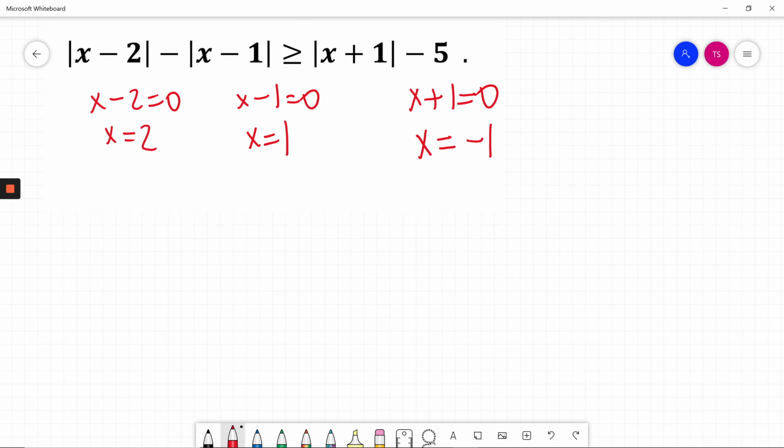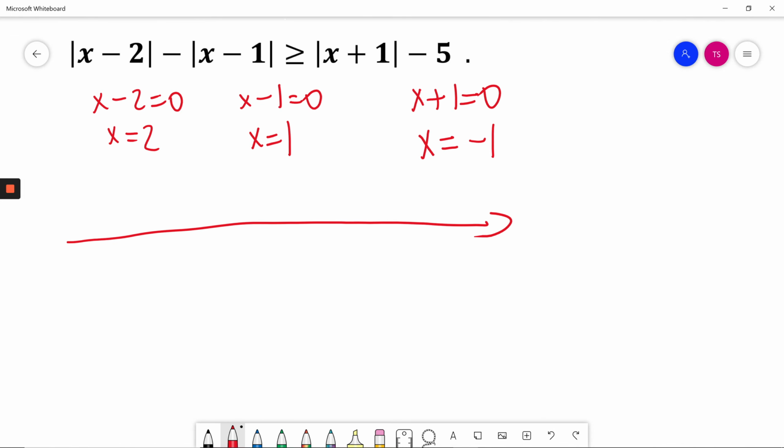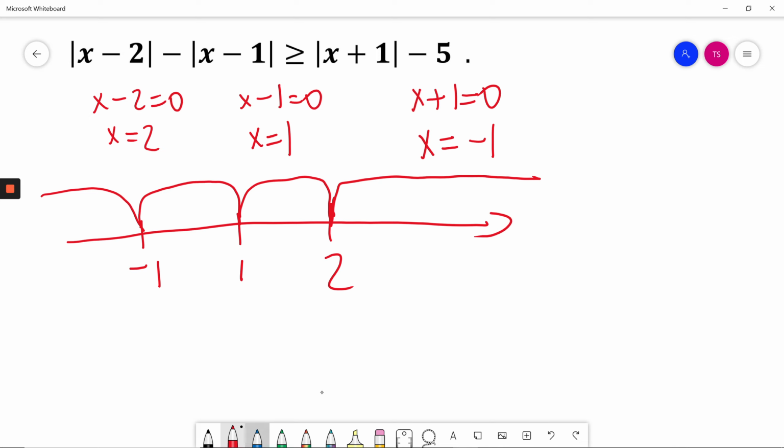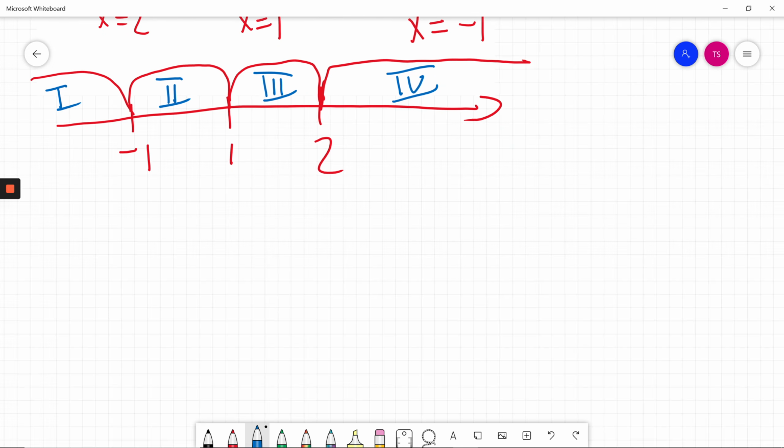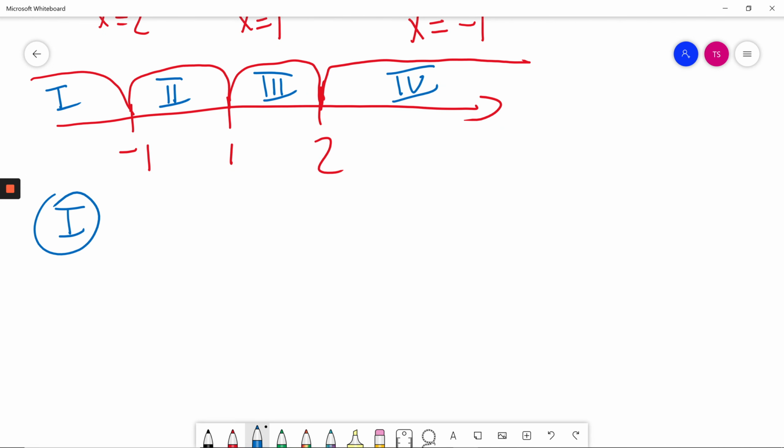So now when I want to solve this problem, I will solve this problem in 4 intervals. One, 2, 3, and 4. In interval 1, so when x is less or equal to negative 1,